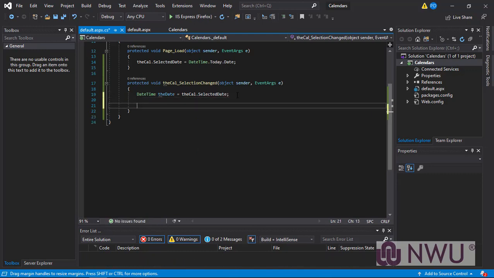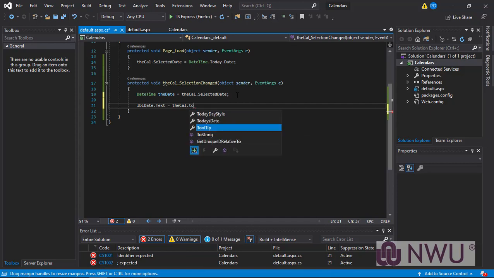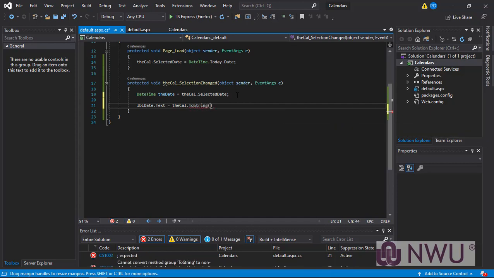First, label date dot text equals theDate dot ToString, and the format that I wanted was the month first, day of the week, year. So I put 3 Ds, which will give me,